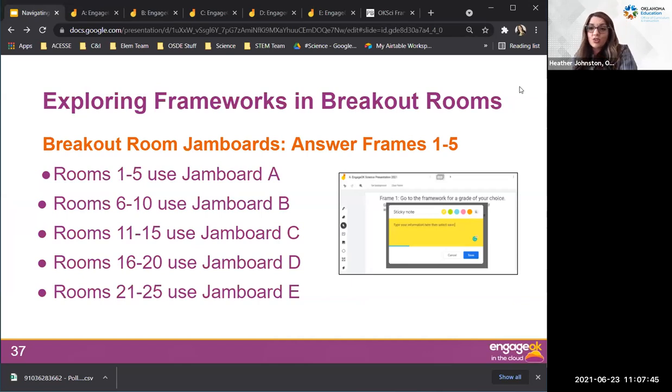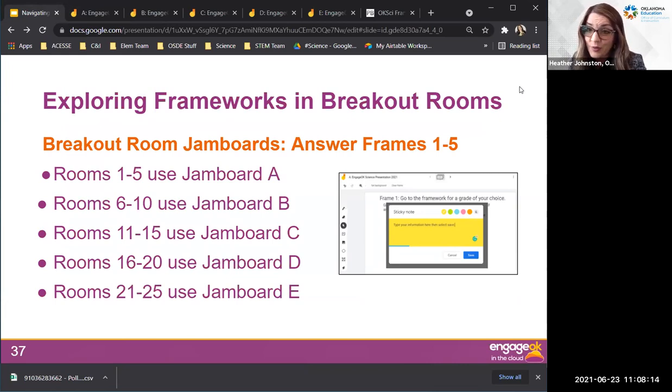But when we get into breakout rooms and using the Jamboards, your room is going to be sharing Jamboards. So you might start seeing answers pop up on the screen and just know that that's okay. Someone else is typing in there. We're just collaboratively using these boards so that I only had to make a few boards versus 25 rooms worth of boards. It was just much easier to do this. So Gina did go ahead and drop those links in there.